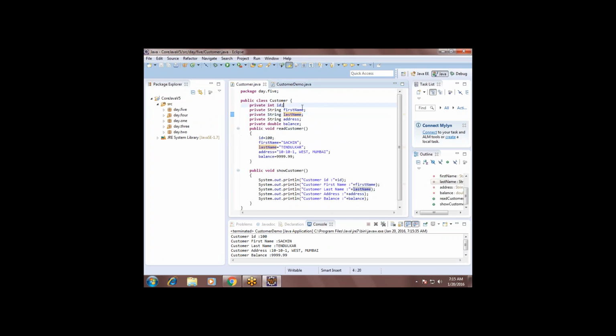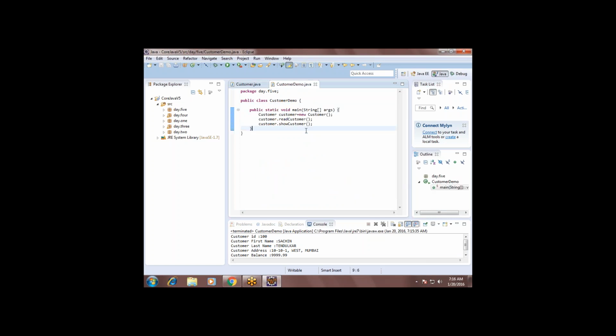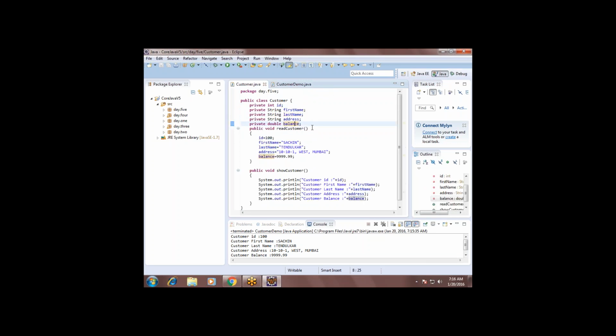See guys, in this program, what exactly I wanted to do is I want to add one more object, right? If I want to add one more object, how can I add the one more object? That is the question.